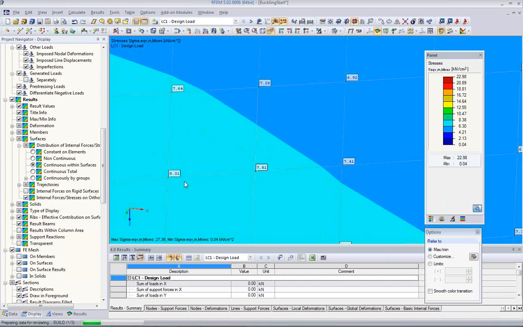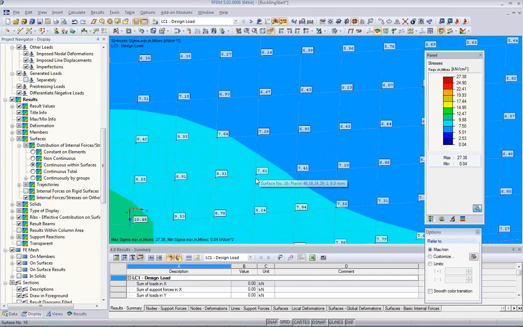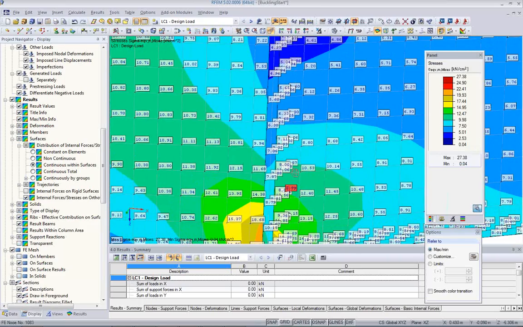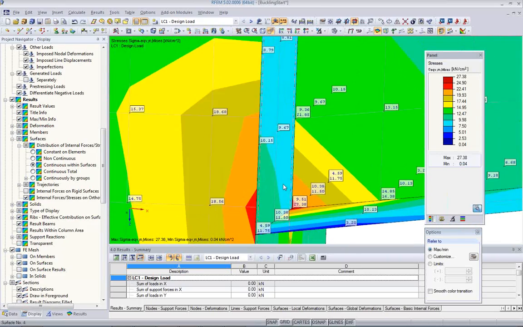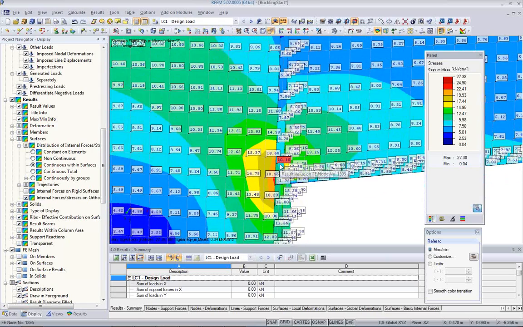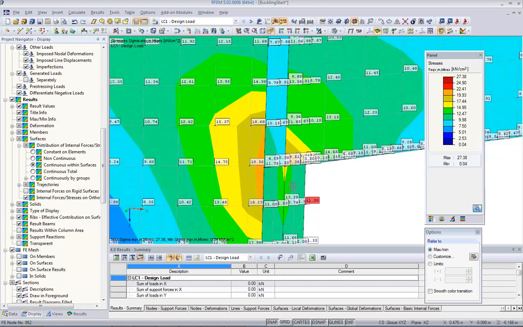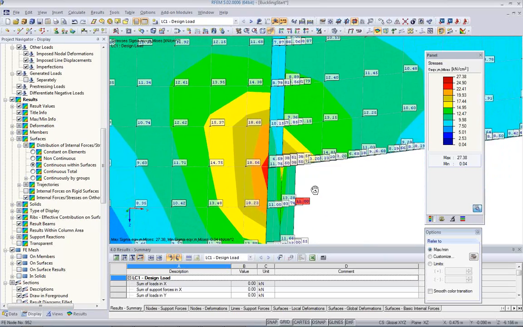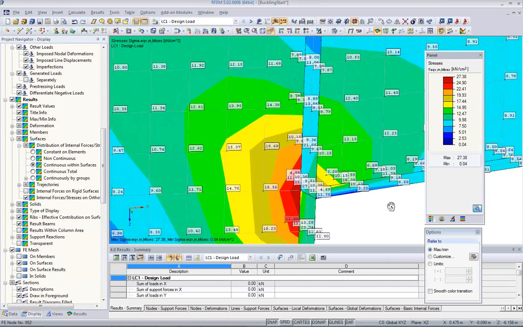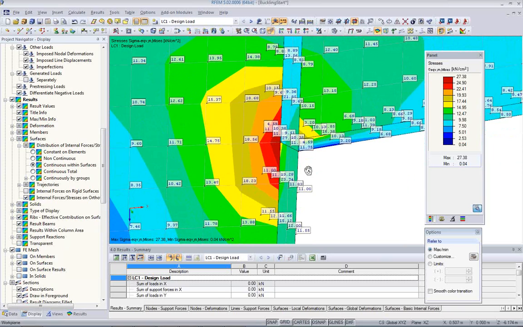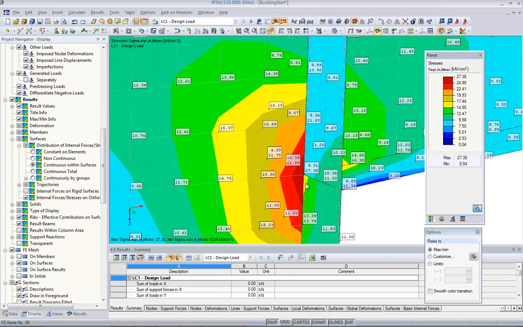So within each surface, we make the average of all 4 values and display the average value. If you talk about stresses, we cannot go over the surface edge because stresses are different when there's a different thickness. And if I smooth over the surface edge, I would make a mistake. This is why here are 2 values, because we have different thickness here in the flange as we have in